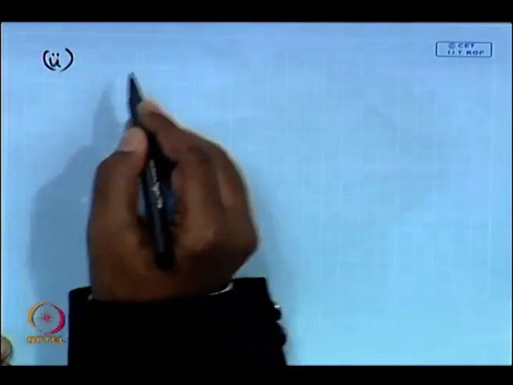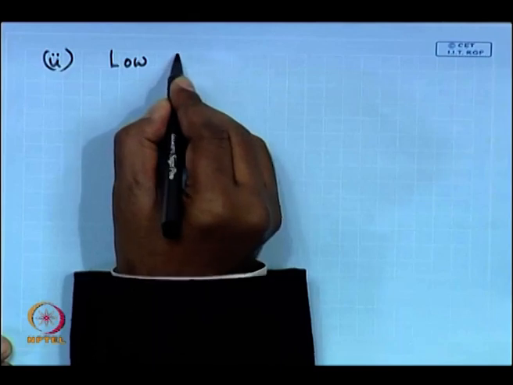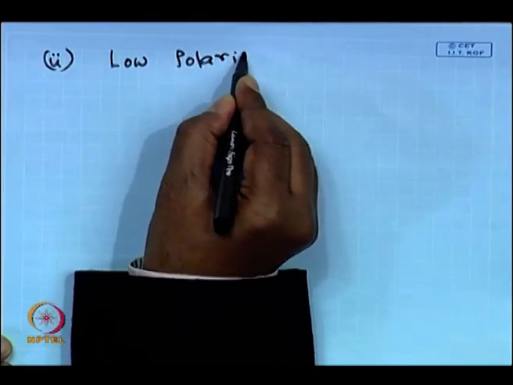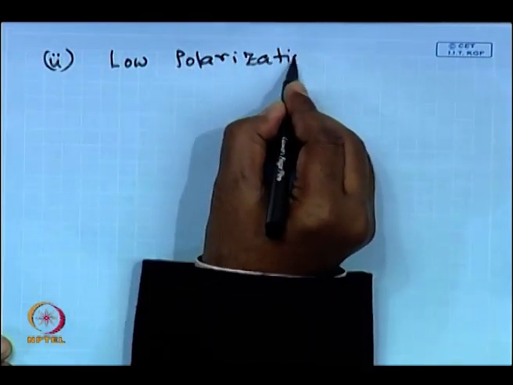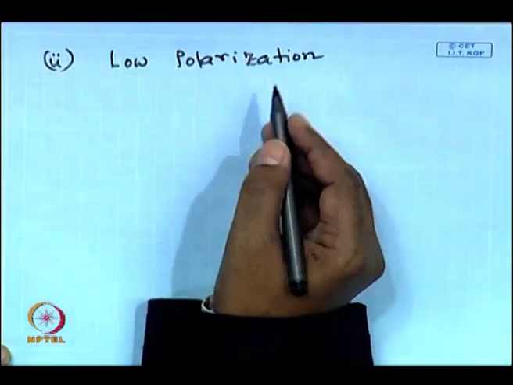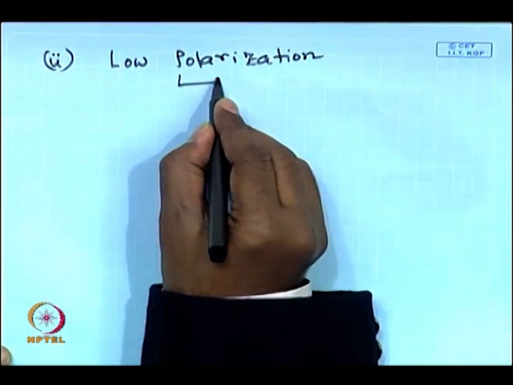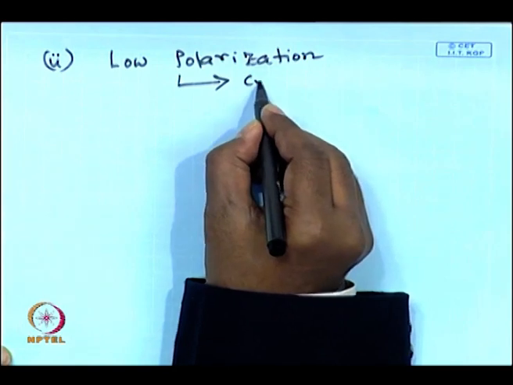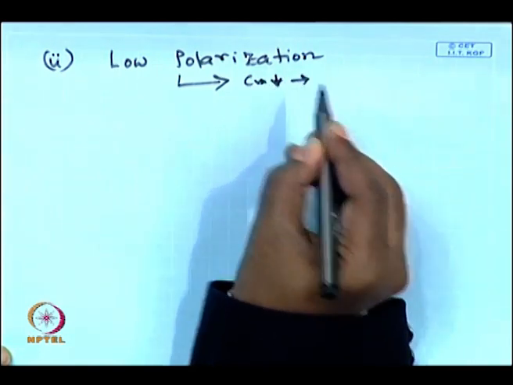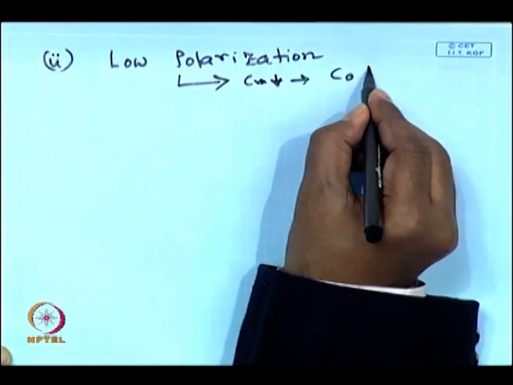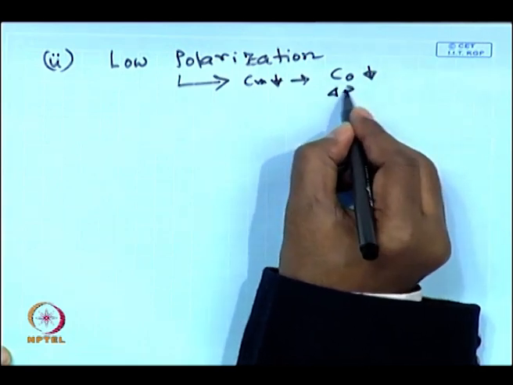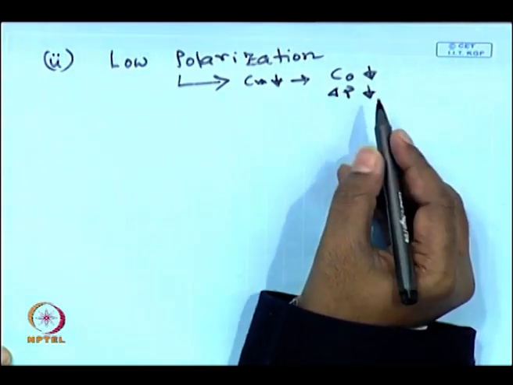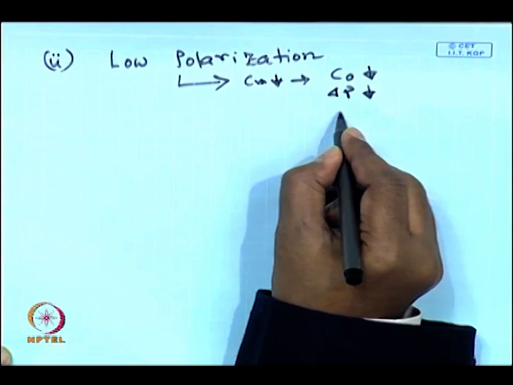The second simplification that we can think about is low polarization. I think we have discussed the condition of high polarization and low polarization earlier in our class. Low polarization means the condition where Cm will be low. Cm will be low if you have a low feed concentration, low delta P, the transmembrane operating pressure, and a very high turbulence.